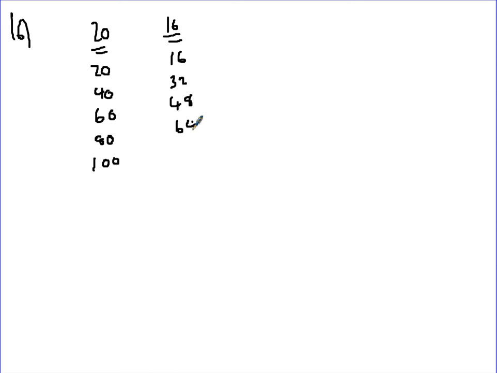So every 20 minutes and every 16 minutes. So go down in your 20s and go down in your 16s. And the first number that you see that's in both, that's called the lowest common multiple, so that's 80 minutes then